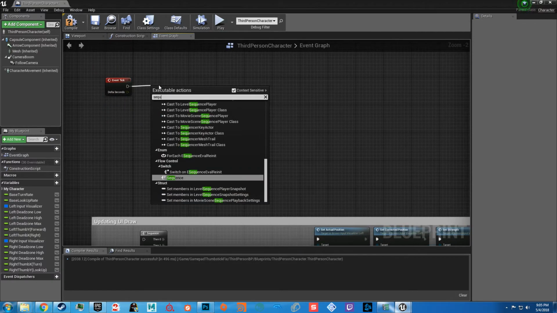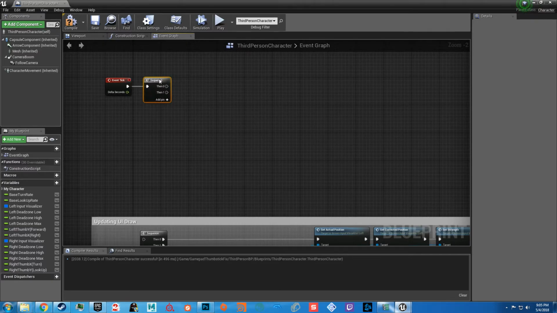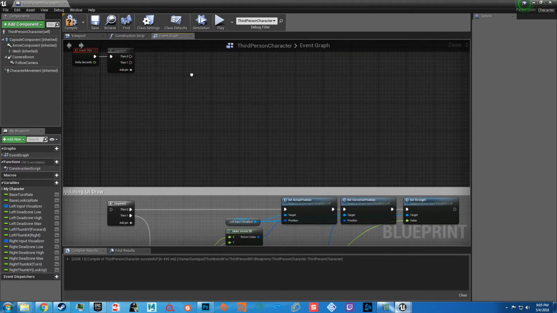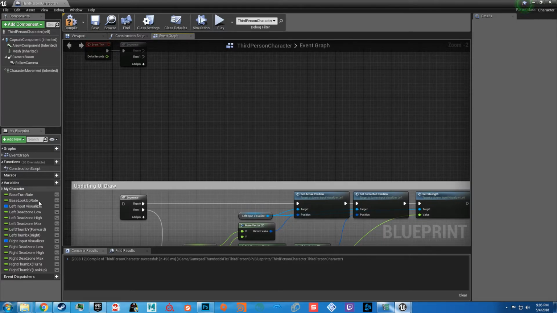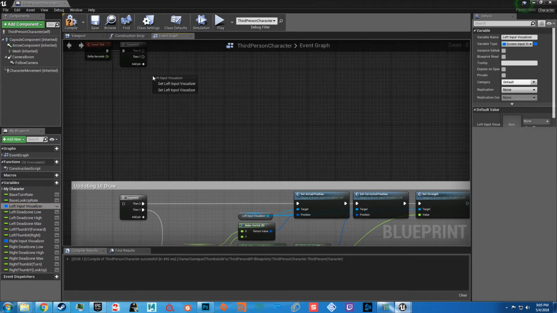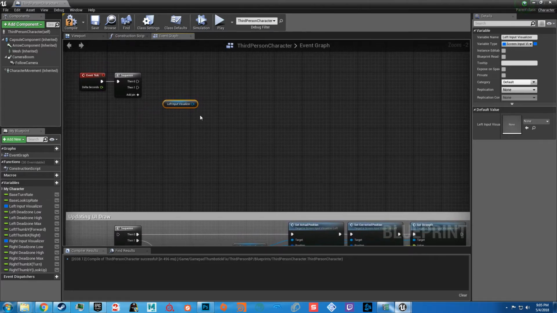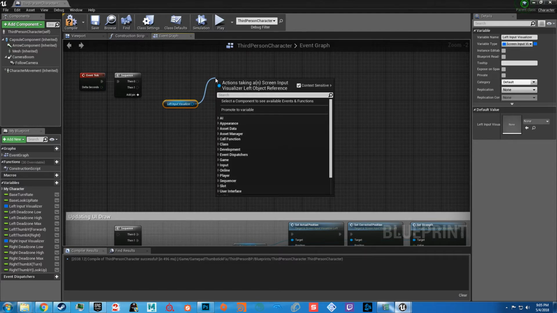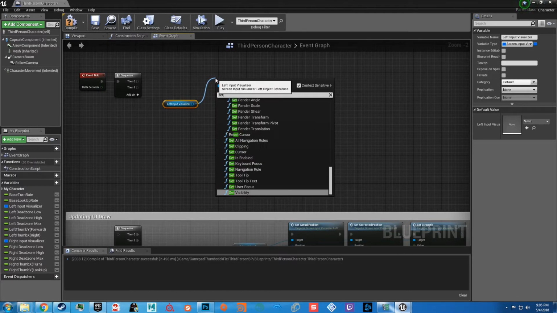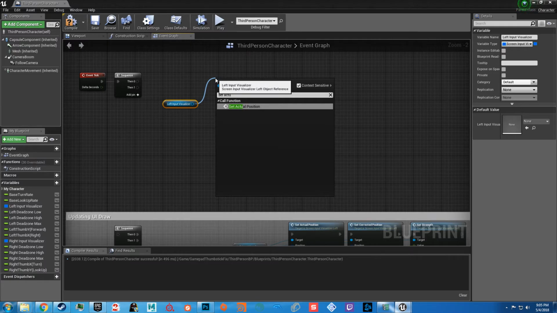We've got our sequence. Then we want to grab our left input visualizer because we're going to need to reference that again. We want to drag off of that and type in set actual